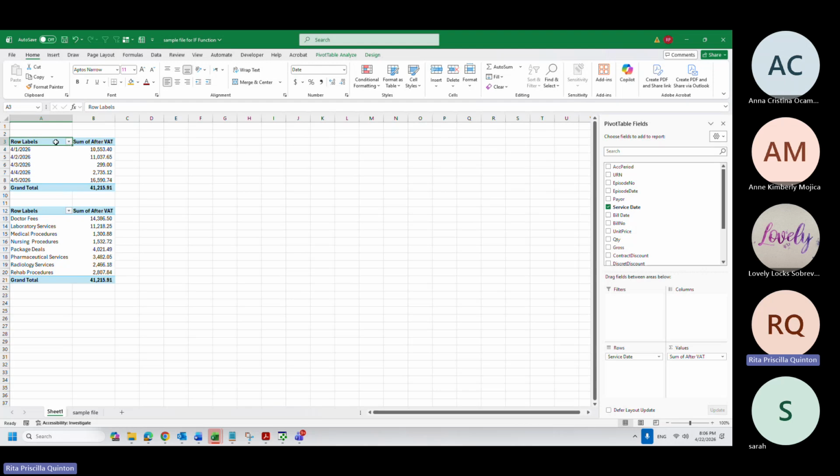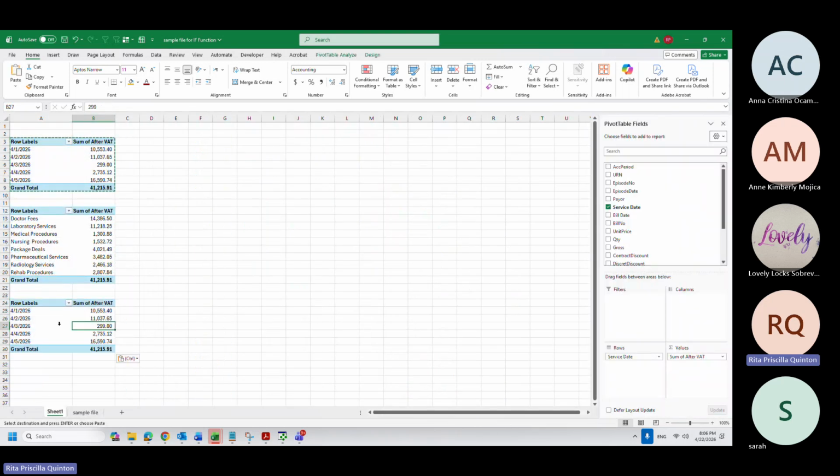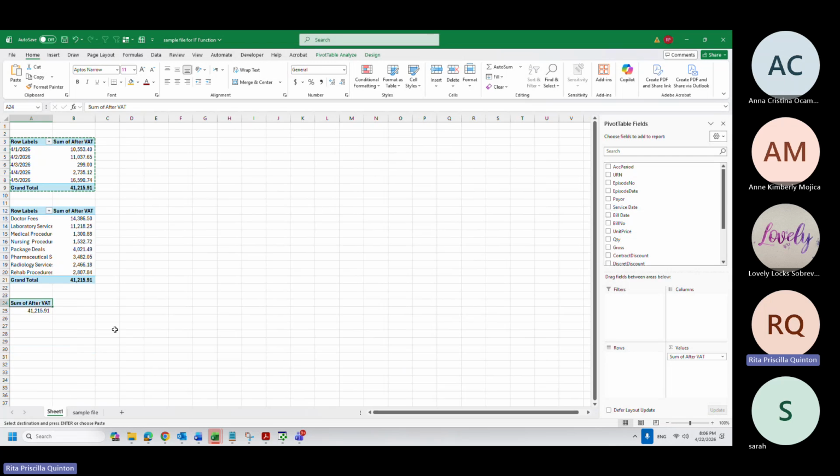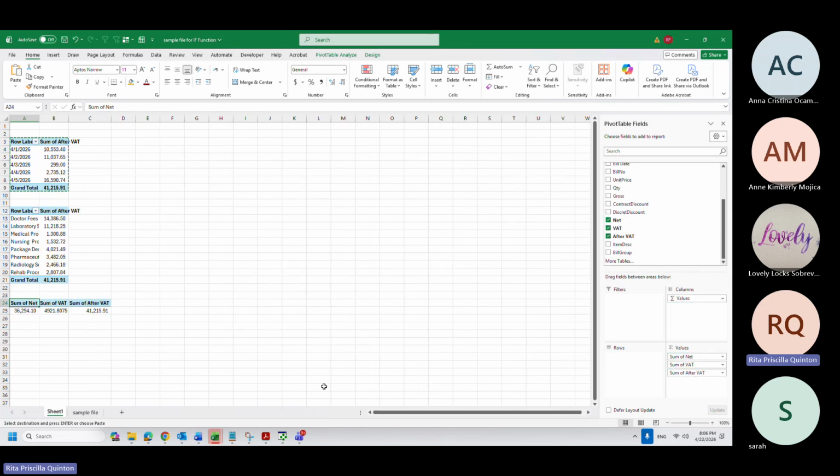So what I did with the first pivot table, instead of creating another pivot table and going back to here, I just copied the first one and then pasted. From here you can change it without affecting this. For example, I want to know my total net VAT and after VAT claims.